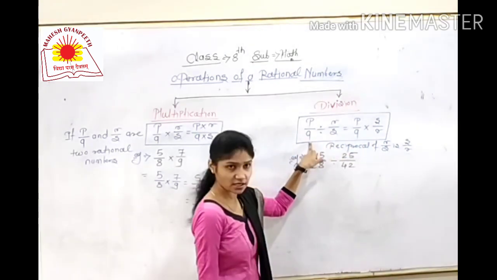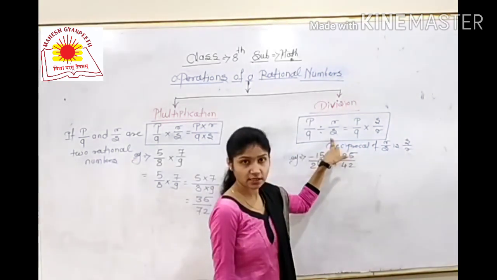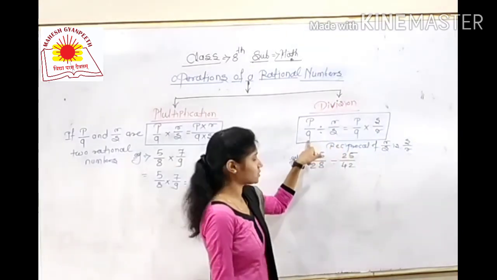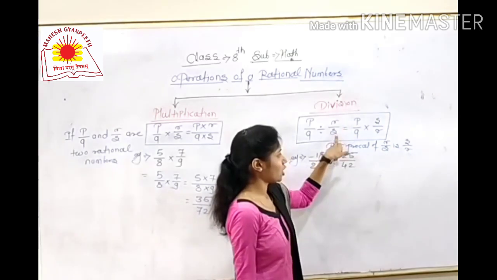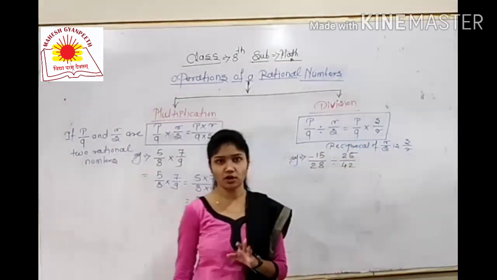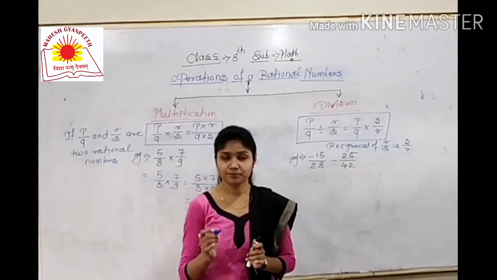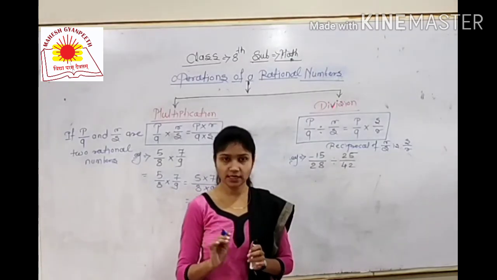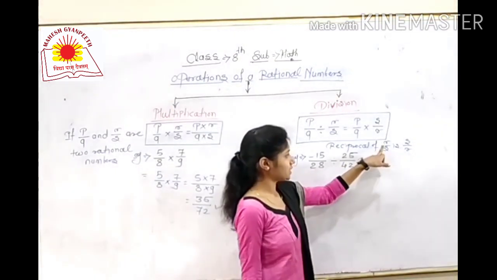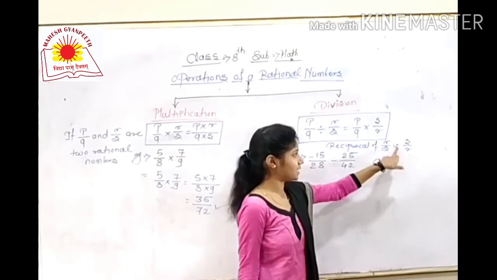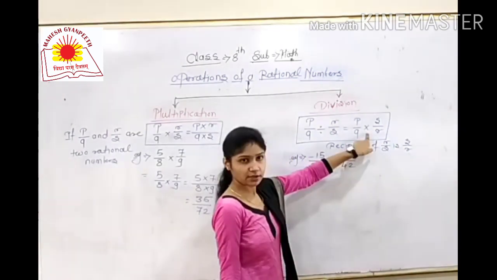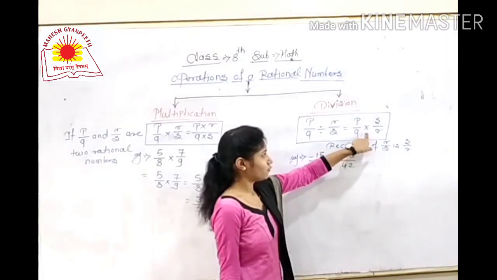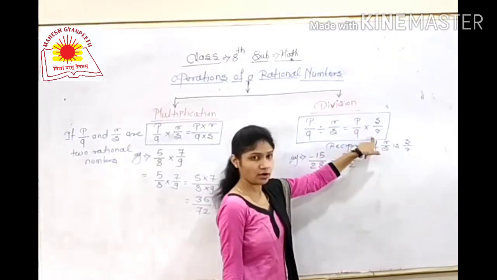This is the first rational number. This is the other rational number, which is the divisor. Then we have to find the reciprocal of this R upon S. What is meant by reciprocal? All of you know that it means interchanging the denominator and numerator. Okay, this is the reciprocal. Then what is the reciprocal of R upon S? It is S upon R. Okay, then after we find the reciprocal, we multiply by S upon R.